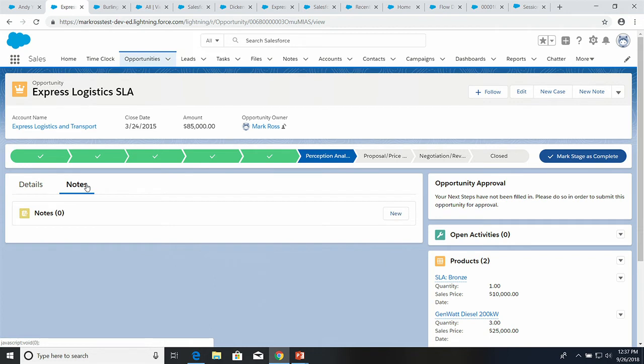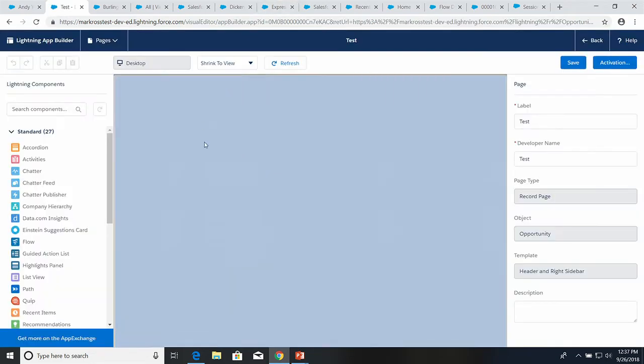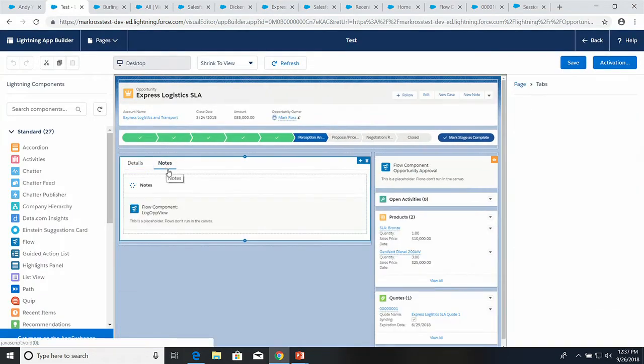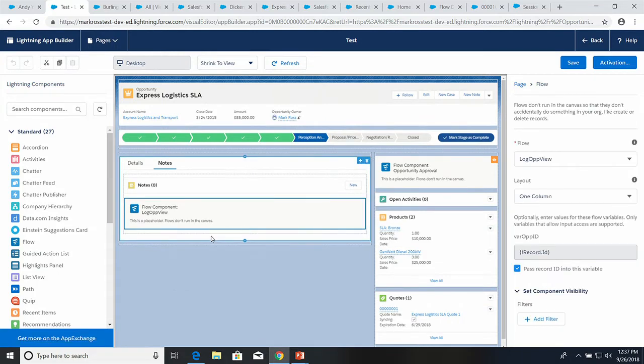And voila, we just had a flow run. Did you see it? It was super fast. You didn't see it. And that's because when we actually go and look at the page itself, there is a flow there, right there. It has a screen. The screen has nothing in it, right? This only runs when you actually click on that Notes tab. The moment that flow is viewed, it runs that flow. Nobody sees anything. There's no evidence that it happened except for